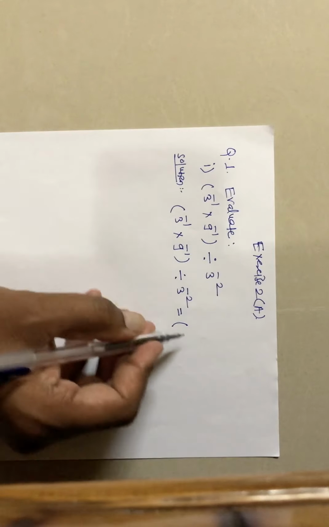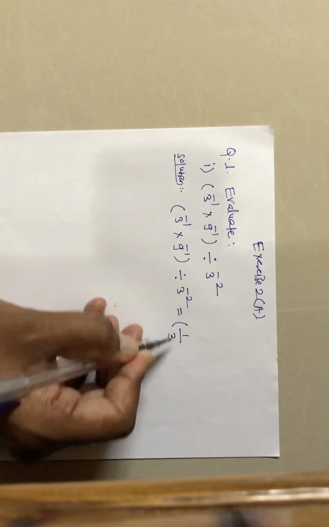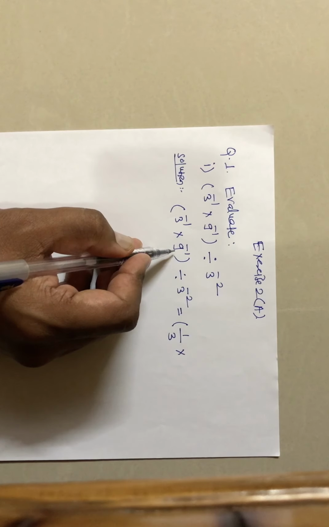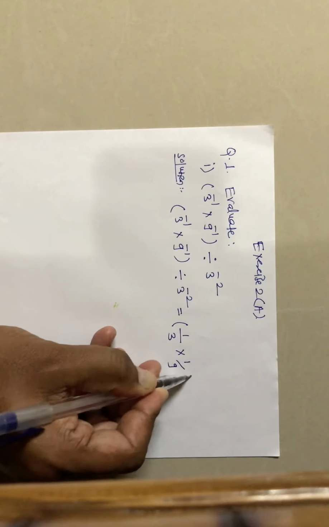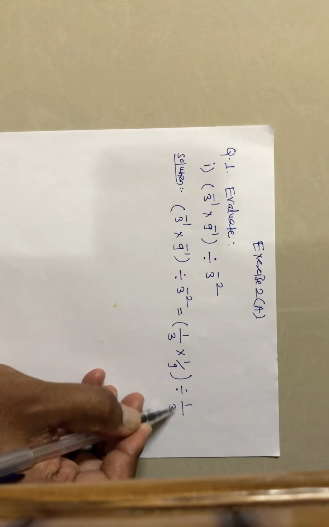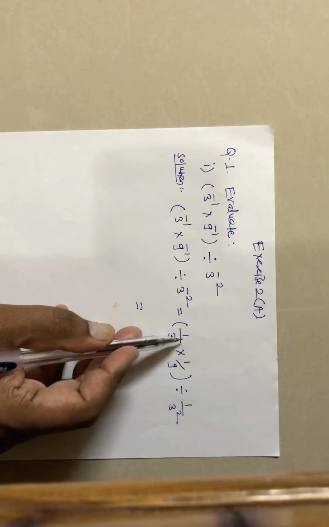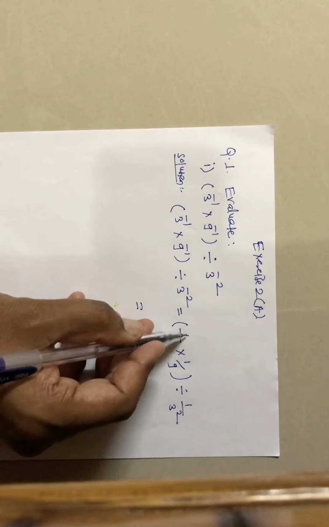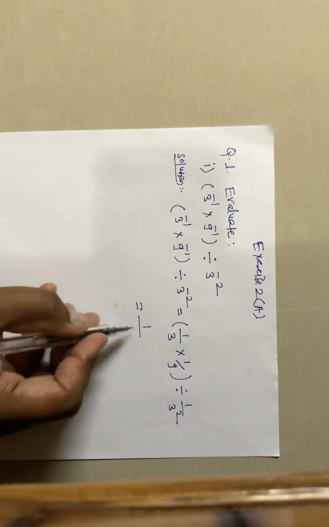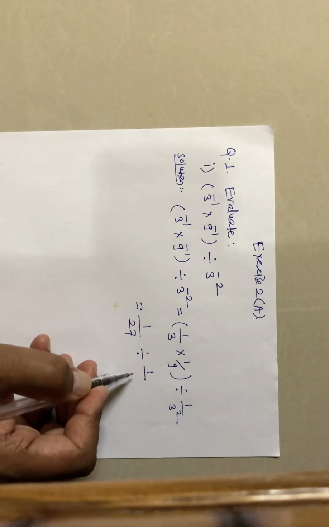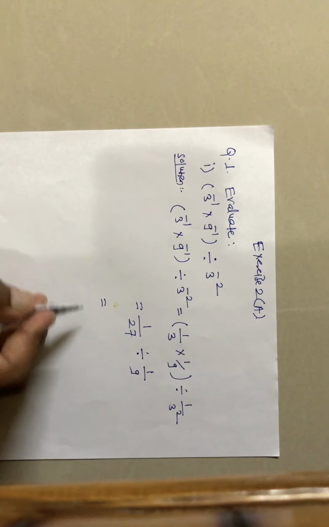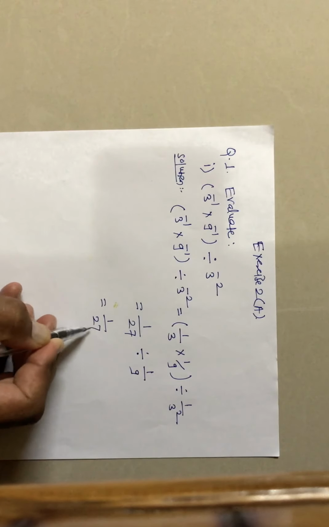in bracket, 3 raised to minus 1, so the reciprocal of this is 1 upon 3, multiplied by 9 raised to minus 1, so the reciprocal is 1 upon 9, divided by 3 raised to minus 2, so the reciprocal is 1 upon 3 raised to 2. Product of numerators and product of denominators: 1 multiplied by 1 is 1, 3 multiplied by 9 is 27, divided by 1 upon 3 square, 9, which is equal to 1 upon 27